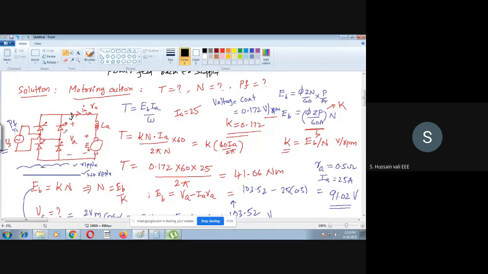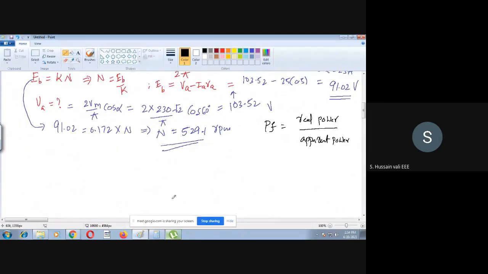Very simple: the converter input power will go through the thyristors and go to the motor. So between the output and the input of the full converter, there is a small difference, and that difference is the power loss in the thyristors. He did not mention anything regarding the thyristor power loss, so we will take the thyristor loss as 0. Then the input real power is the same as the output real power. So what is the output real power? Output voltage multiplied with the output current. So the real power here is nothing but the output of your converter.